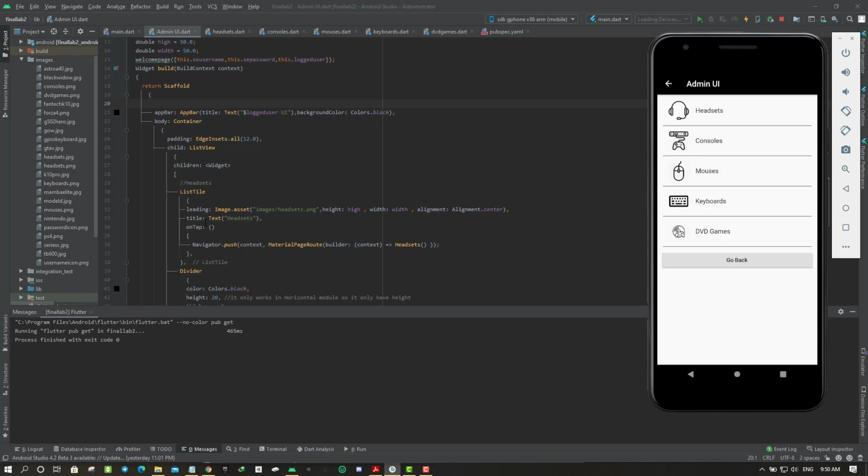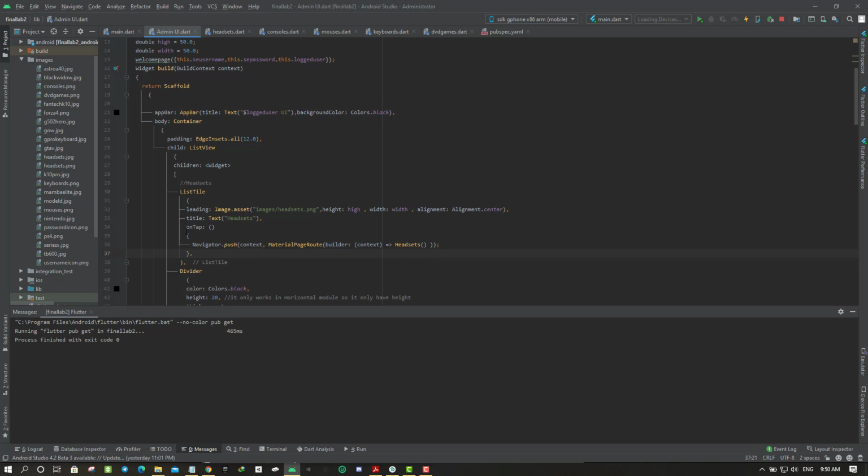Then we have a title of Text, headsets, which is this one. This is the title. Then we have onTap. What does that function do? It's what should happen when you press it. If you remember, we said if you want to go from one page to another page, we use the push method for page routing. So on tap, we use the same method,